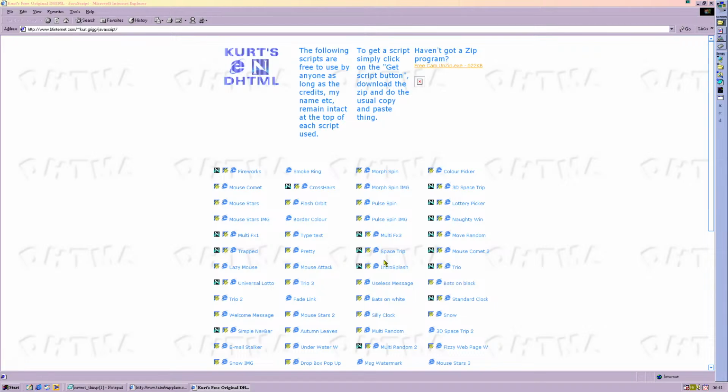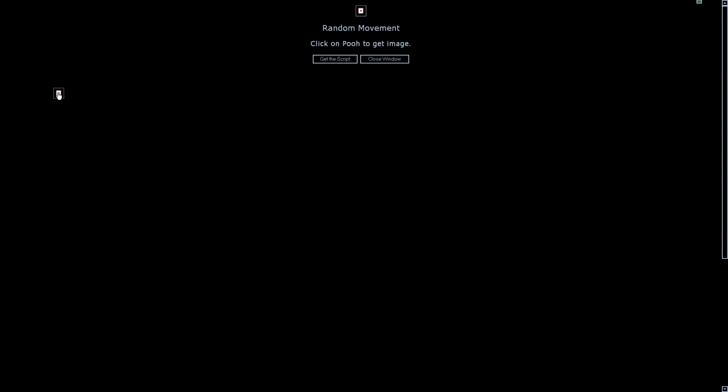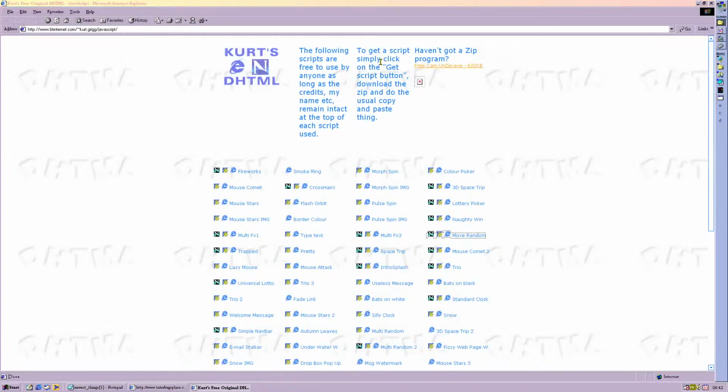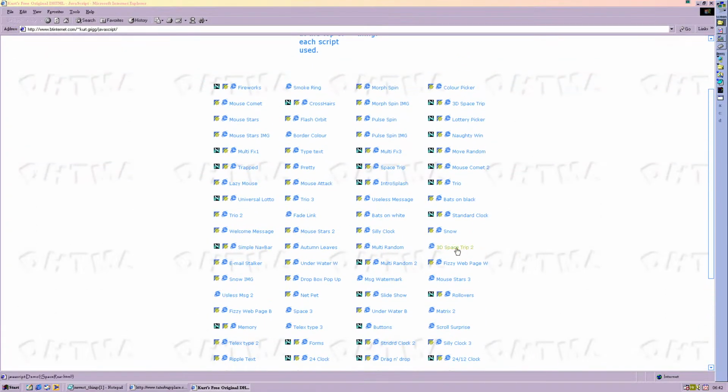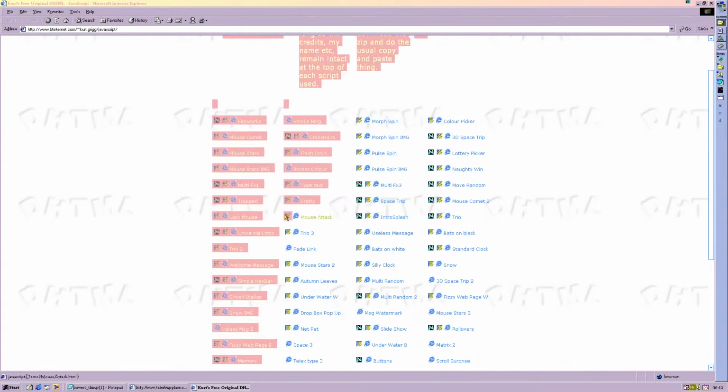What's next? Wait, move random. Remove, click on approve to get image. I did click and, as far as I'm aware, it doesn't load anything, so yeah, at this point it's kind of broken. Okay, we were stuck at